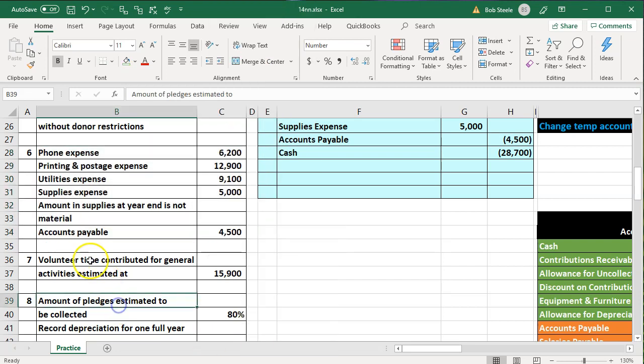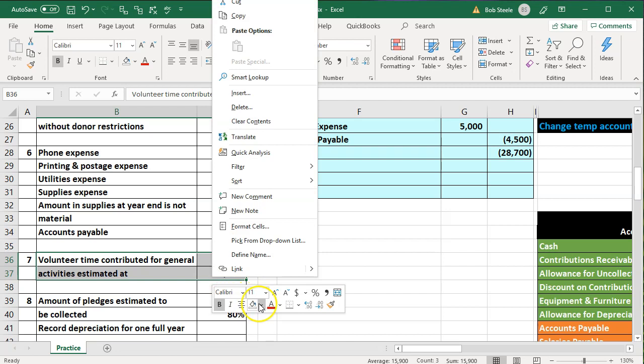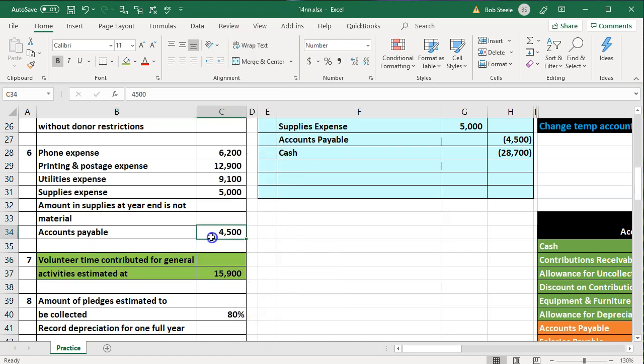Ungreen. And then we'll green number 7. Green. And that one says volunteer time contributed for general activities, estimated at 15,900. So this is volunteer time. If we think of volunteer time, it's usually non-specific or non-professional types of activities, like they're going to volunteer and do general customer service, sweep up, clean the place, general types of activities. Therefore,